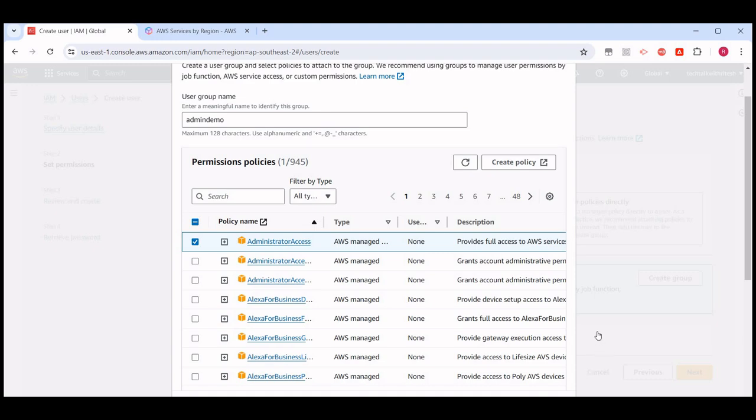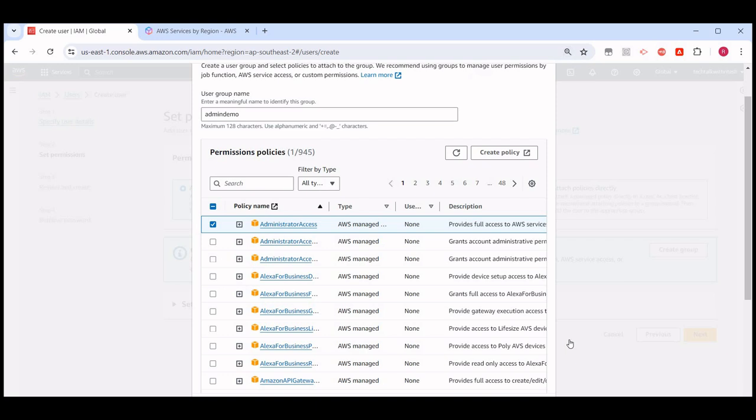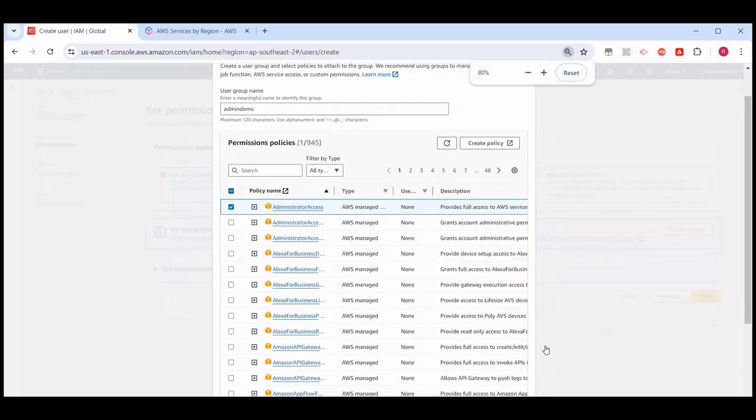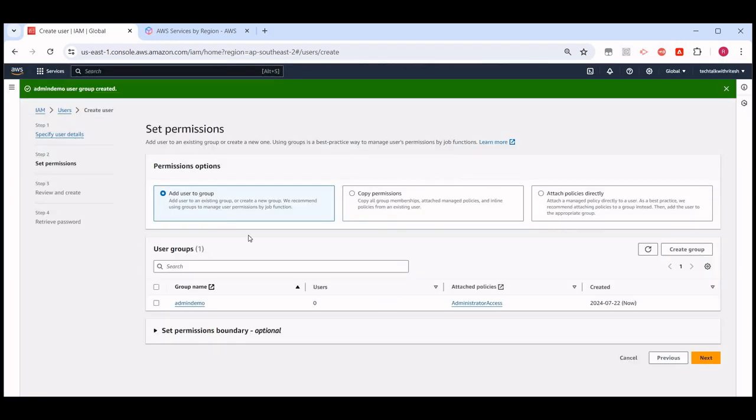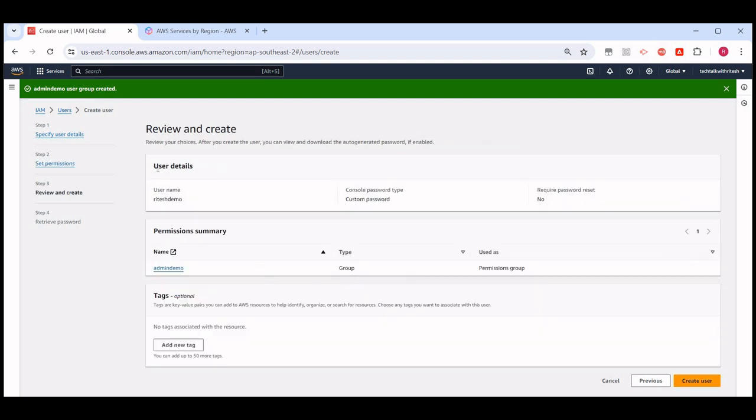Okay, and then I click on create user group. Yeah, then this group is created. Okay, and let me assign this user. I'm assigning it to the newly created group, and the policy is administrator access. Okay, and everything looks good. Click on next. So it shows user details: username Ritesh demo, password I have already set, admin permission is admin demo,